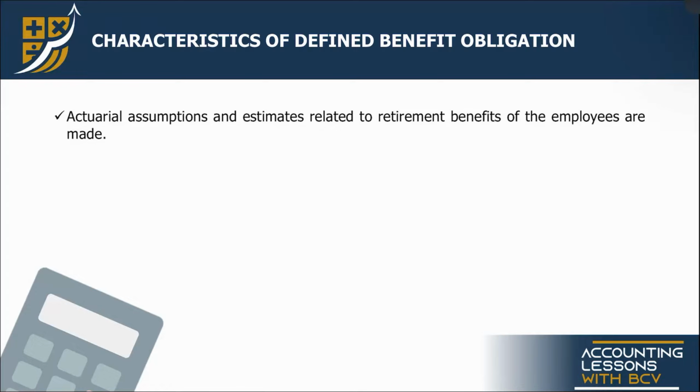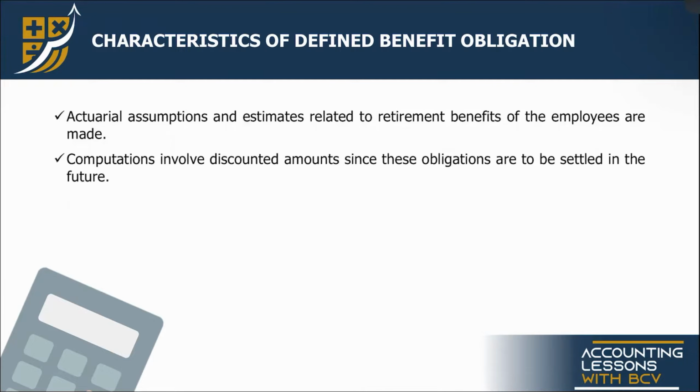Pag kasi pumapasok na sa analysis natin yung actuarial assumptions, nagiging komplikado yung mga procedures natin, no? So dito sa first part ng lecture video ko, dito natin i-discuss paano ba ina-account kapag may actuarial assumptions na. Okay? Second,